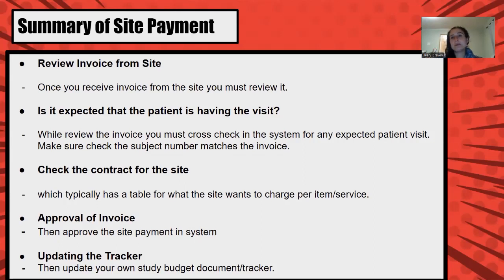So the first is making sure that they actually have the right patient and it's the right visit. And then the next thing is making sure it's the contract, that what they're charging you per item is correct. And then you usually use some sort of invoice system to update it. Most places you don't do it manually. I'll show you some screenshots of some manual, and then I'll show you at least one example of